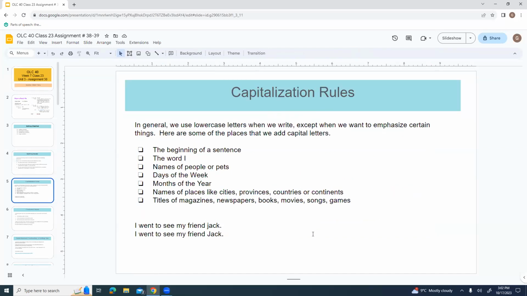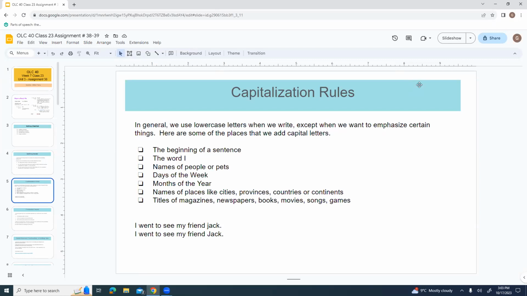Capitalization rules. I realize we haven't really talked about capitalization rules, but I do want to cover it a little bit because I am seeing these kind of errors in some people's works. So in general, we use lowercase letters in English when we write, except when we want to emphasize certain things. So here are some of the places that we add capital letters to: the beginning of a sentence, the word I, names of people or pets, days of the week, like Monday, Tuesday, Wednesday, months of the year, January, February, so on. Names of places: Sioux Lookout, Poplar Hill, provinces: Ontario, Manitoba, Saskatchewan, countries like Canada, United States, Mexico, continents,